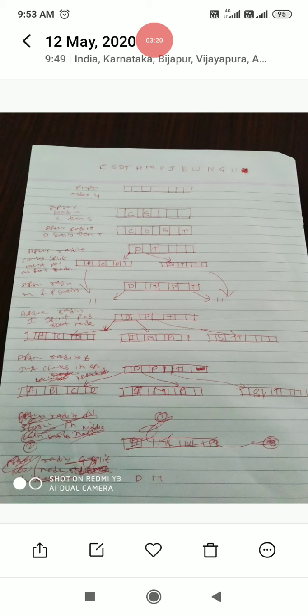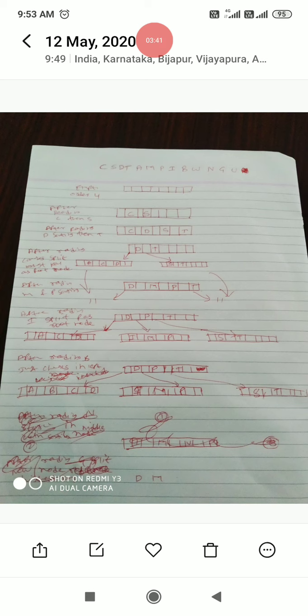Next, once you insert I, you cannot store it in the root node because it is already full. Hence you go for the creation of a new node. See here, the new node is created, in which you store I M P. Again the highest element is P, and that value is stored as a root node value.